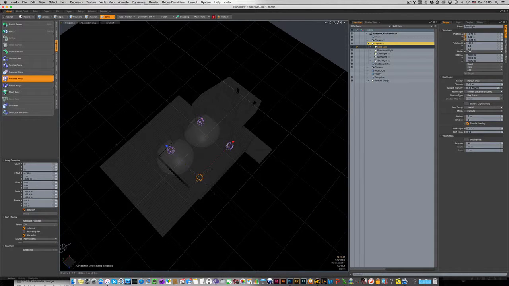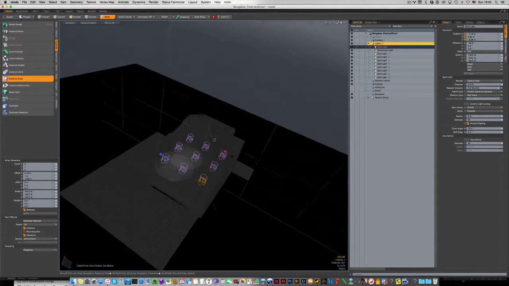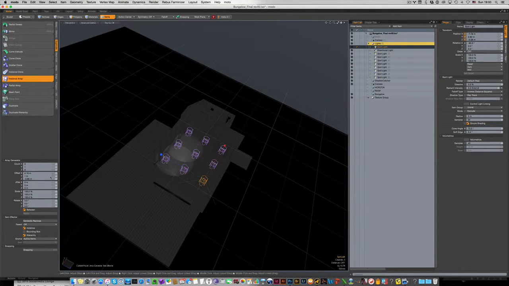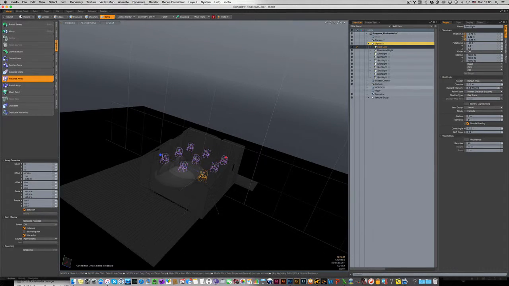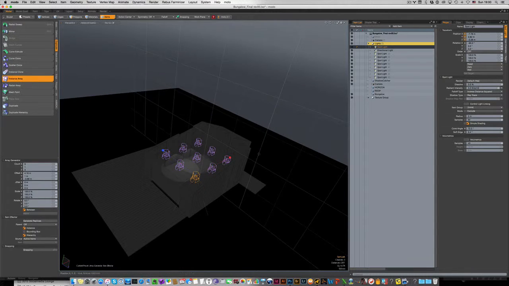So let's increase that number, maybe quite a lot of light, maybe too much. Let's leave it like that. Let's see how this works. And again,